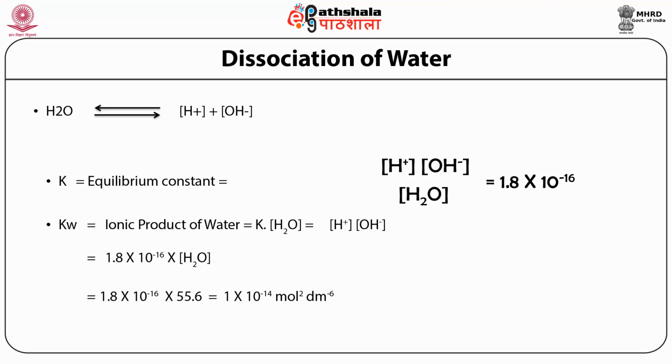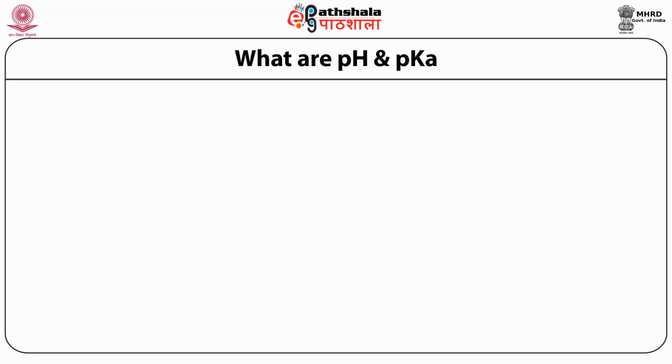So it is clear that a very small amount of the water exists in the dissociated form. As I explained earlier, the hydrogen ion concentration from dissociation of water is very, very low. It could be in the range of 10 to the power minus 0 to 10 to the power minus 14. And depending upon the hydroxide concentration, the concentration of H ion or hydrogen ion can be calculated. This is the reason that